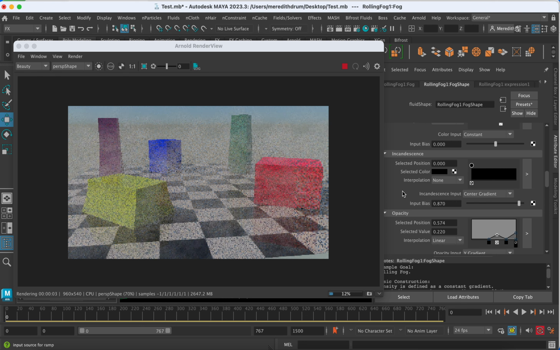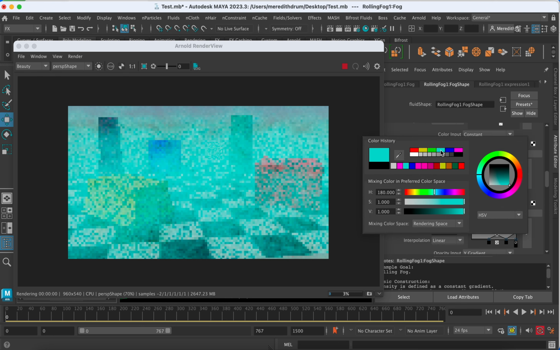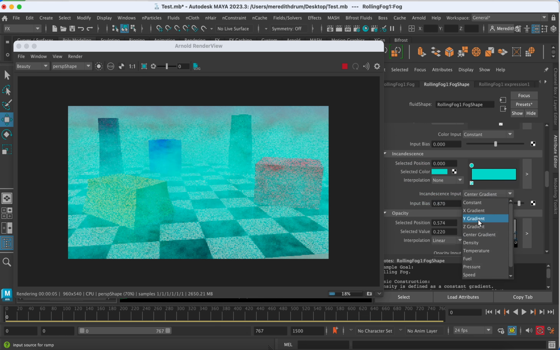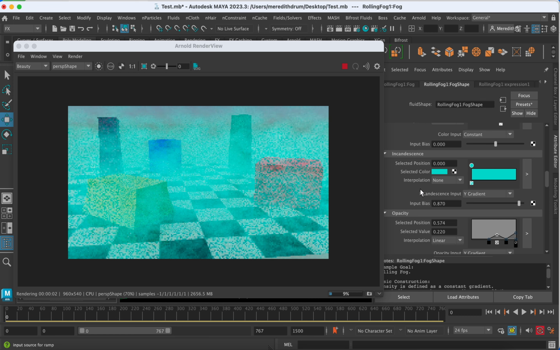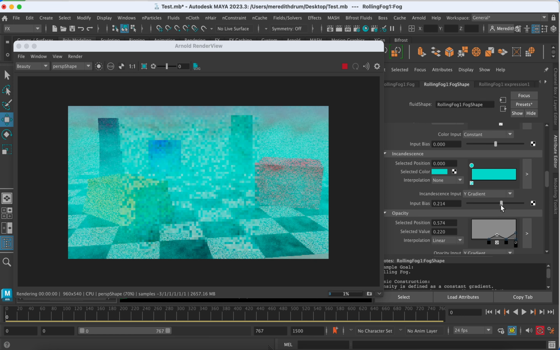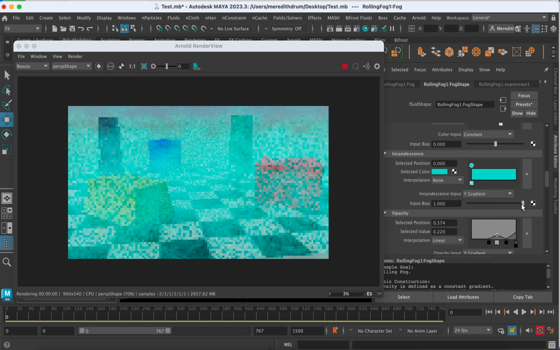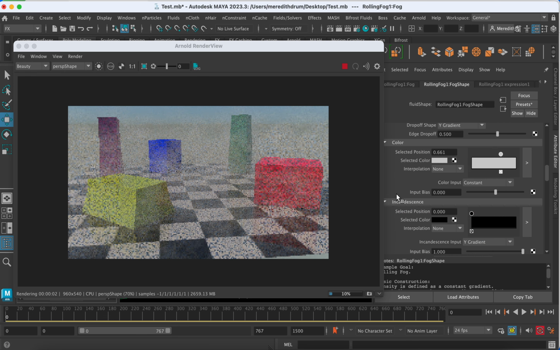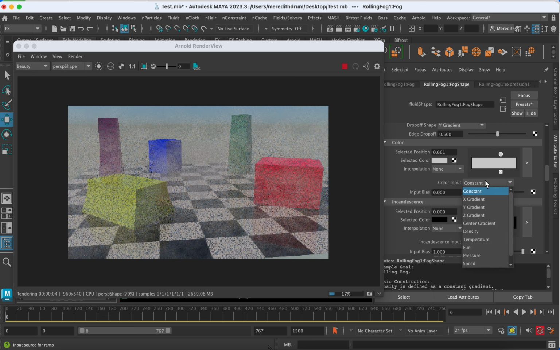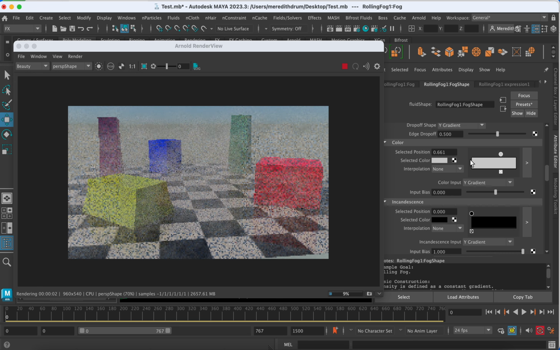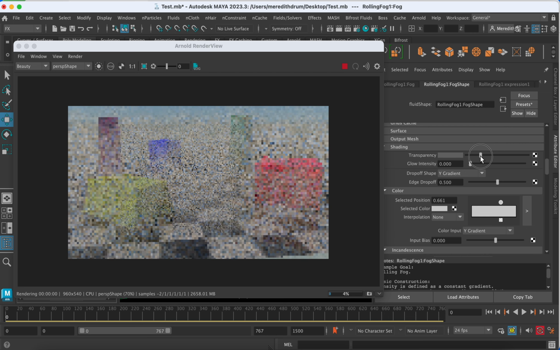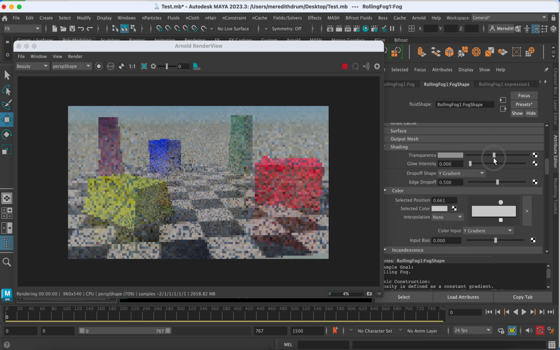The incandescence, I believe, is off, but let's see if we added an incandescence, it would turn green, and we could bring that down. You could see where we change some of those parameters, but black just makes it not present. So again, you can play around with these, the color positions, and the drop-off shape. The transparency again is kind of the whole thing, more or less transparent.